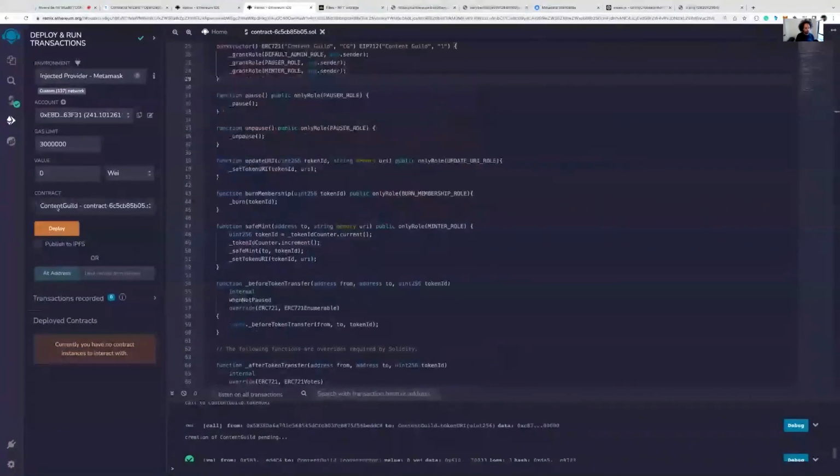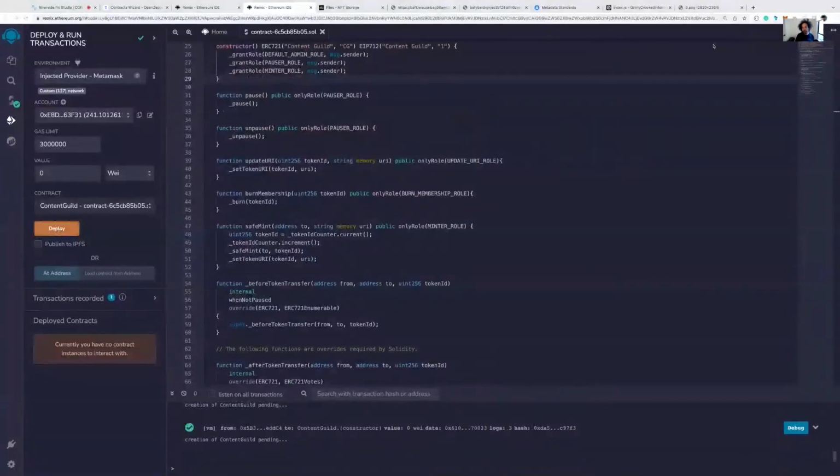So we'll make sure we select Content Guild. I'm going to click Deploy. A MetaMask notification is going to pop up here. This is probably pretty small for folks at home, but sorry. And what we're going to do here is change the gas settings, because sometimes I find that I have trouble getting my contracts deployed if I don't choose that big